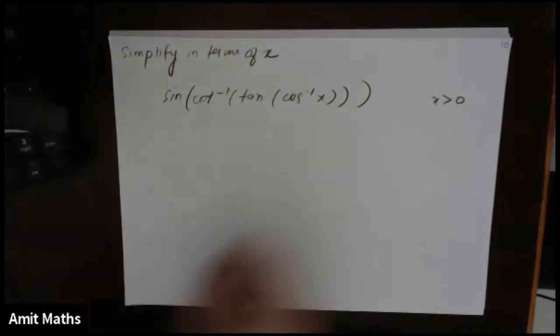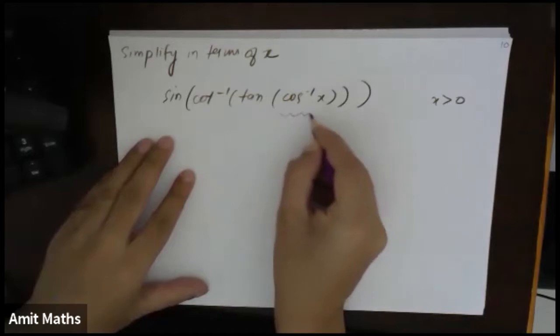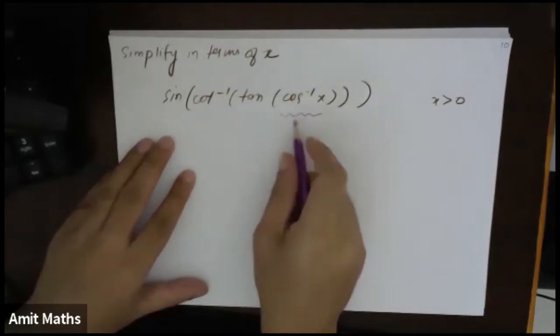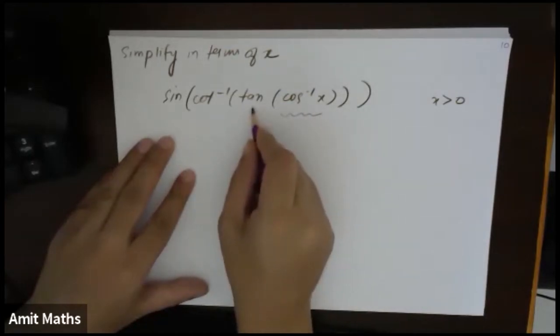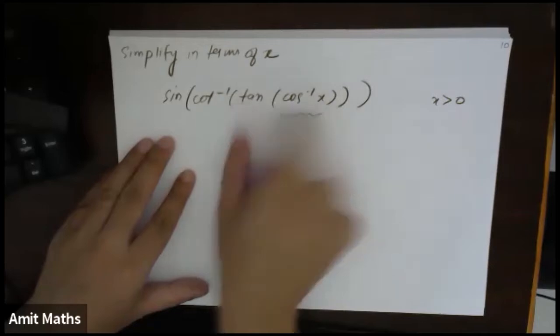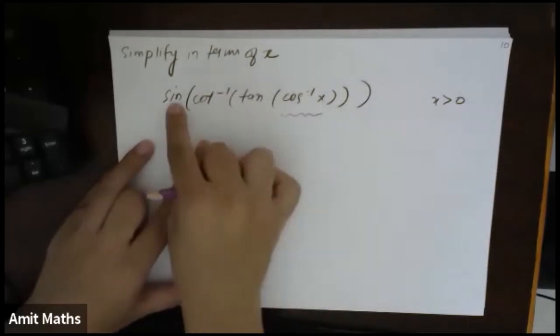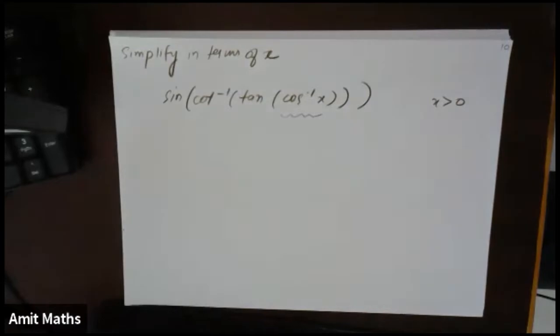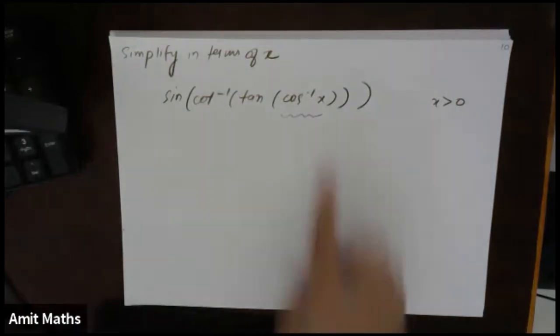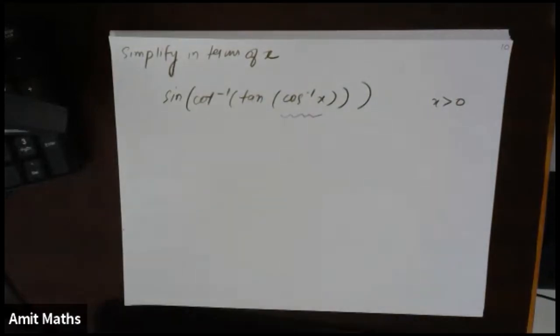Fine. So let's look at this. This is theta. This theta will be fed to tan. This will become a value. This value will be fed to cot inverse. This will again become an angle, the sine of some angle. So basically, you have to give a value. You have to give the output in terms of x. Let's see if you can find it or not.